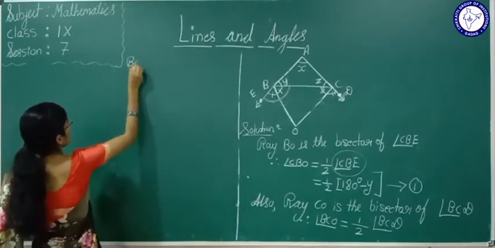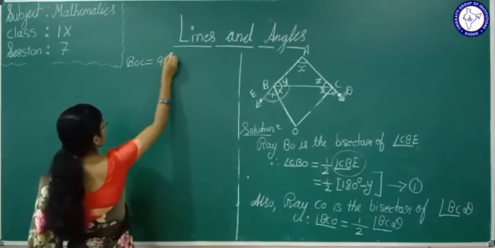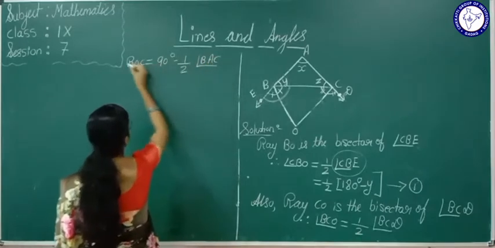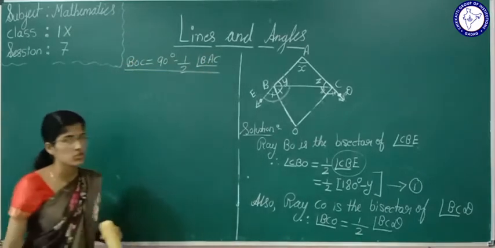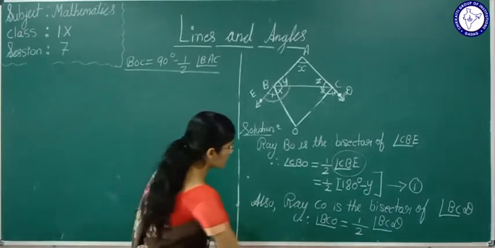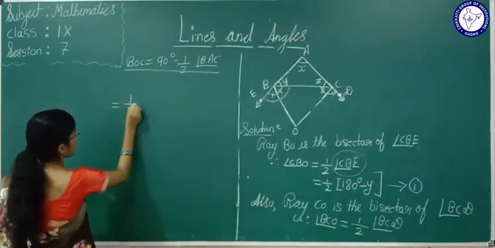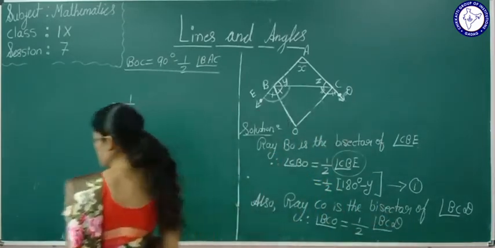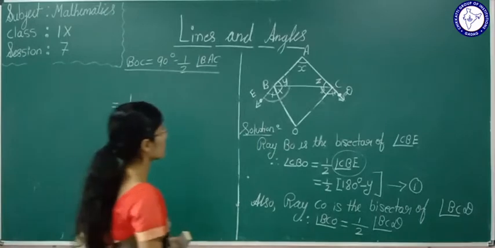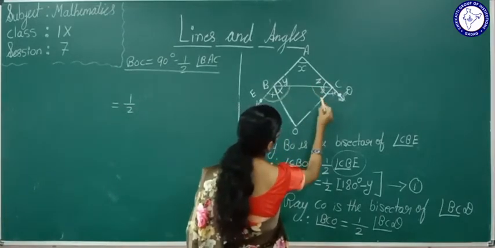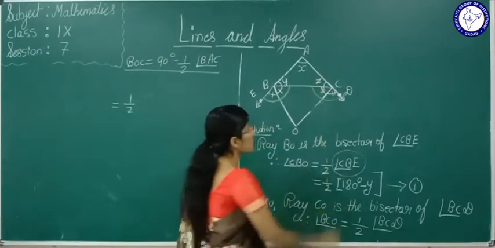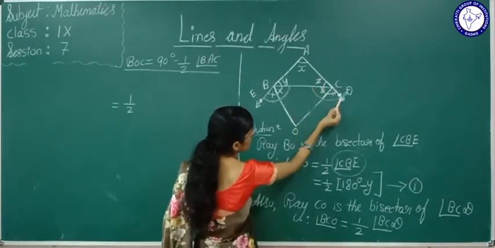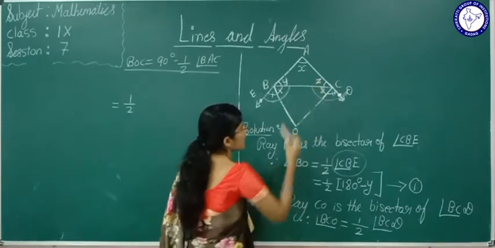Now whatever we want to prove, I will write here upside. So this we want to prove in this question. Now see here, half. What is angle BCD? I am asking only this much angle. So this full angle will be 180 degree. I want this much only. What is this much? 180 minus z.